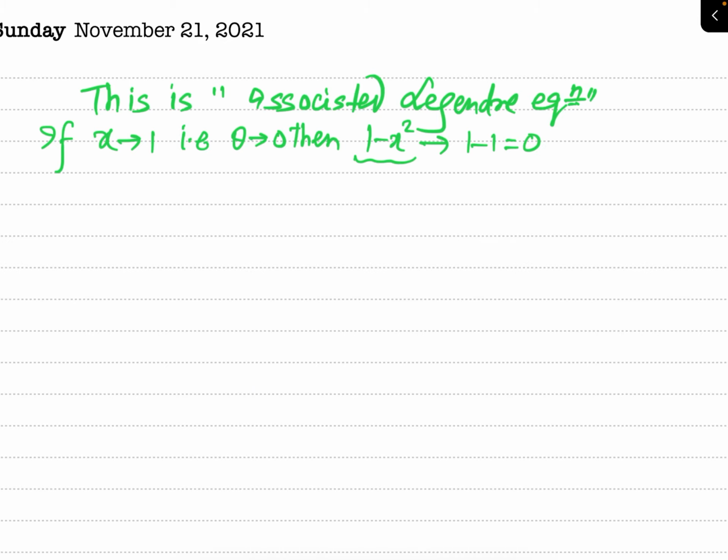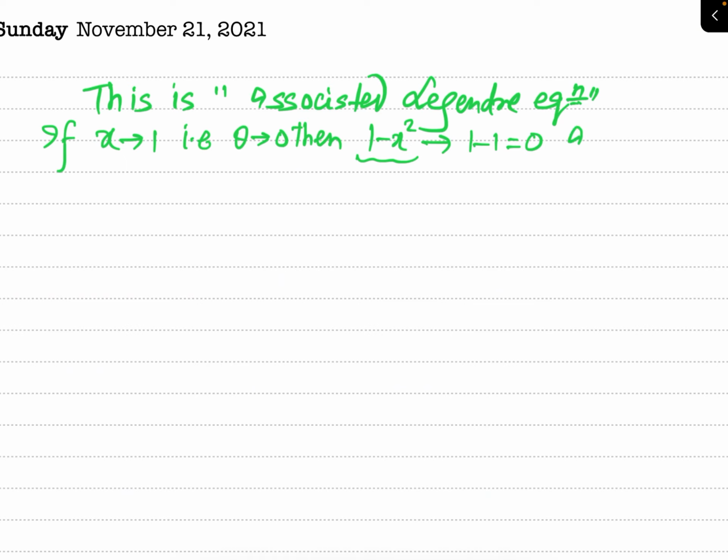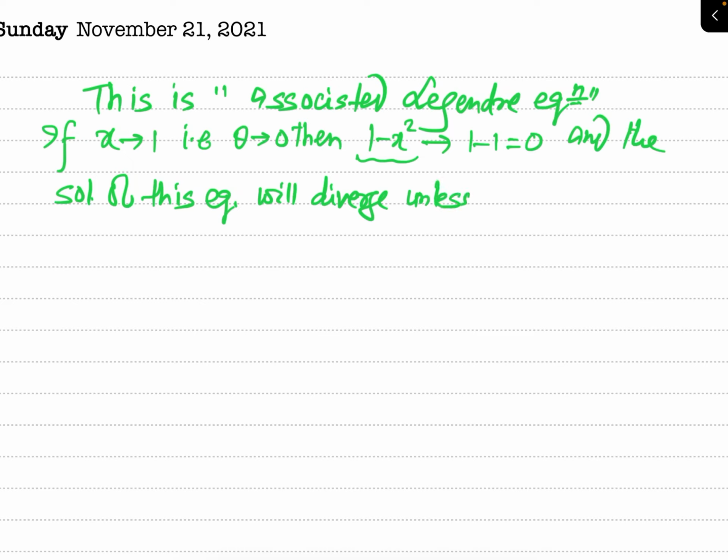So if x tends to 1, that is theta tends to 0, then this is 0, and the solution of this equation will diverge, unless